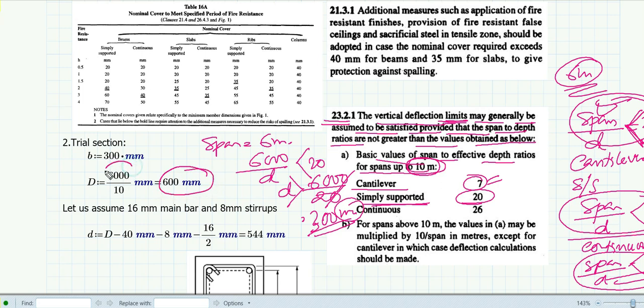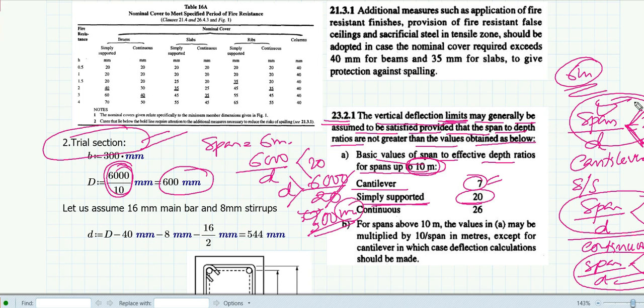So for design purposes, you can consider this condition or that condition also. This is a trial section. Anything can be chosen, but whatever you choose, you have to verify, or prove, that the depth or width you have chosen satisfies the conditions given to you. For our case it's a simply supported beam with certain loads, and whatever depth we assume should be able to take that particular load as a simply supported beam.